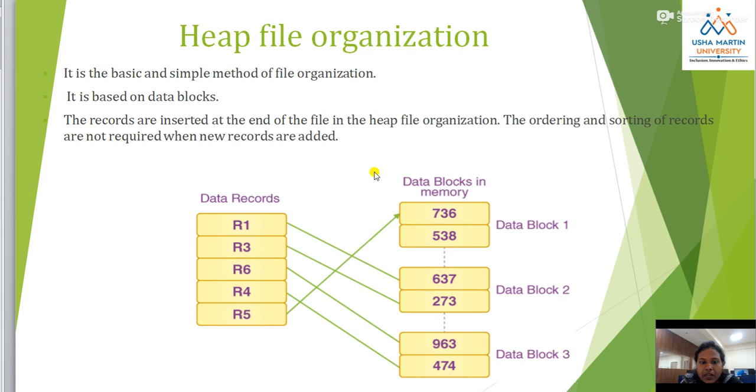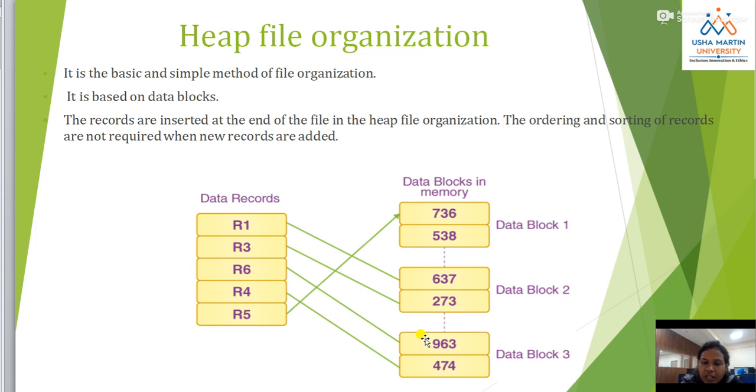In the diagram you can see the data records R1, R3, R6, R4, R5. These are all data records, and here the data blocks are there, and we have to store the records in the blocks.